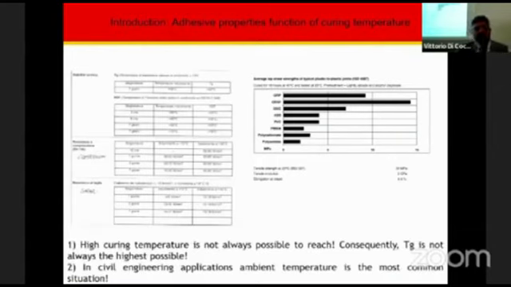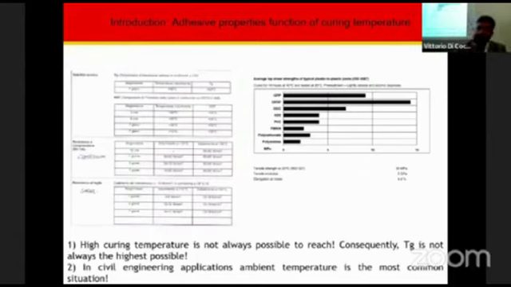One, on the left, is Cicadur 30. On the right, we have Araldite, from 2 different companies. What is reported here is that the thermal properties, like glass transition temperature, are a function of the curing temperature. And also, obviously, the strength of the mechanical properties of the resin is a function of the time and the